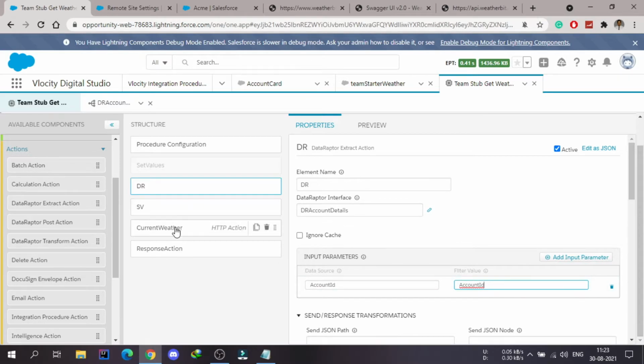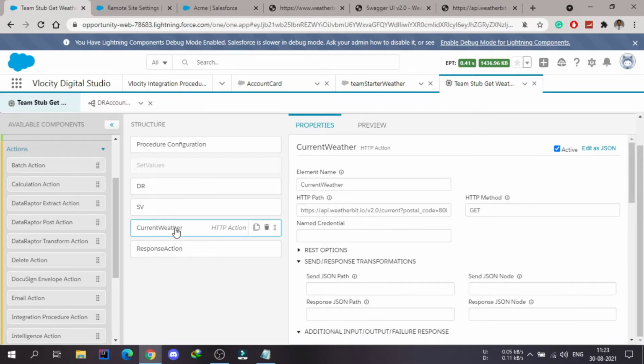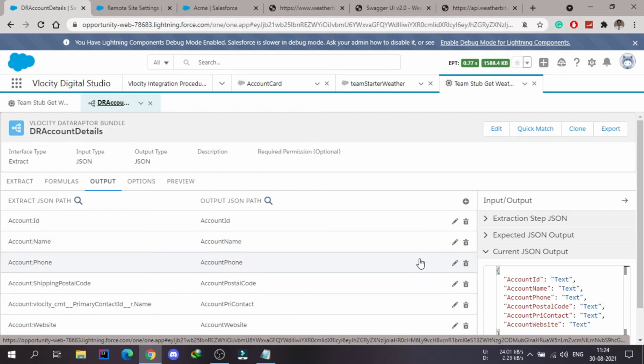So let's modify this HTTP action with the updated postal code. Let's remove this. We have to use this merge operator. Inside this we have to use dr so that we can refer to this data raptor, and we have to use the colon, and let's use the same node which they are using here.